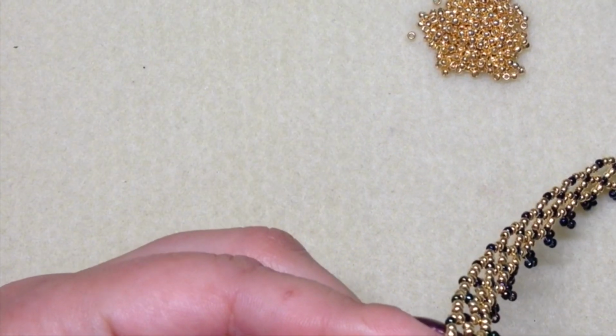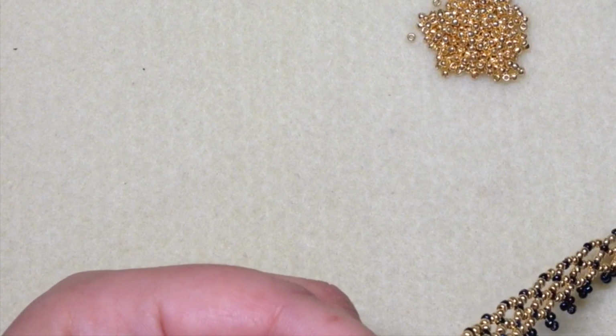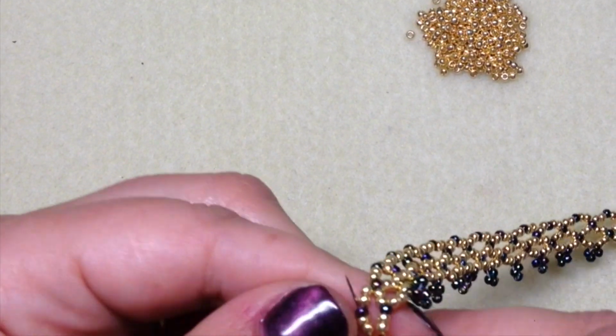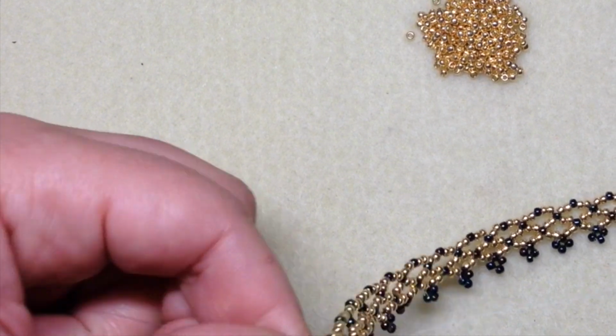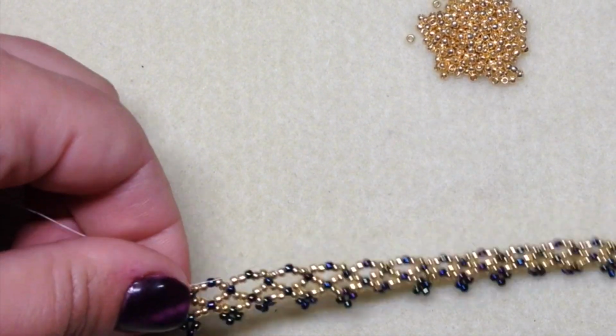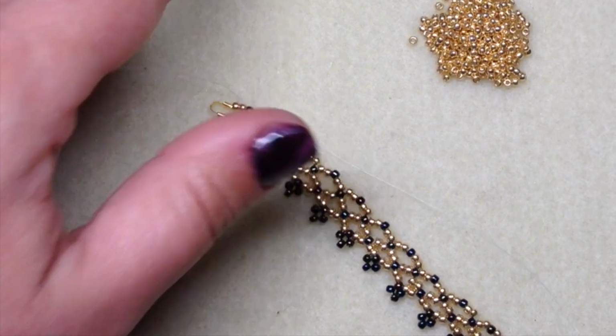I'm going to go around the other side of the wire guardian, through the two seed beads here, and then the embellishment bead on that other side. I'm just going to make sure my thread pops right into place where I want it. And then we are going to be doing the exact same thing all the way around just to complete this